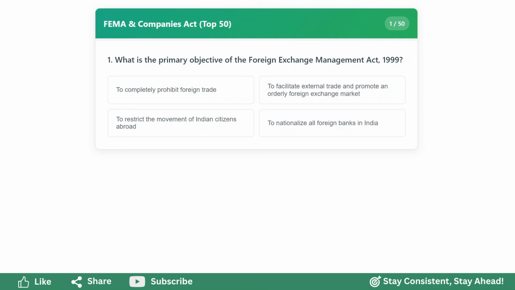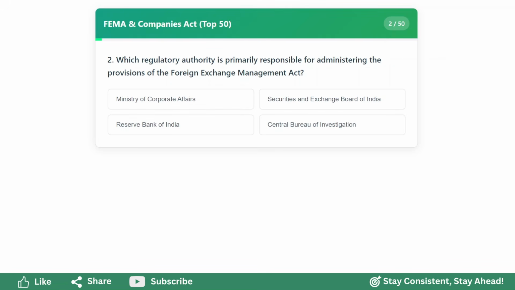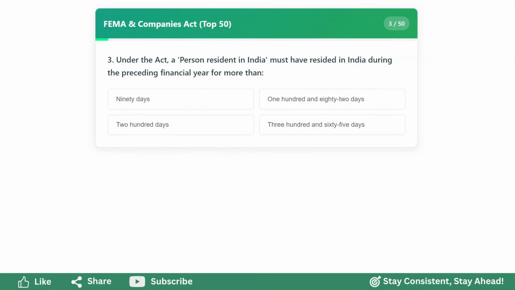What is the primary objective of the Foreign Exchange Management Act 1999? To facilitate external trade and promote an orderly foreign exchange market. Which regulatory authority is primarily responsible for administering the provisions of the Foreign Exchange Management Act? Reserve Bank of India. Under the Act, a person resident in India must have resided in India during the preceding